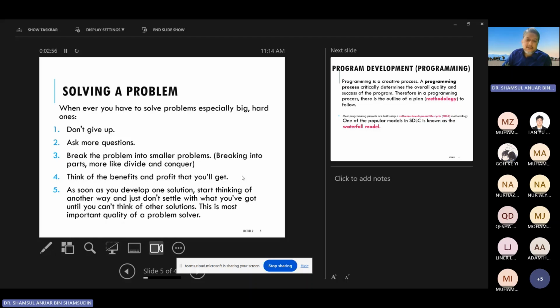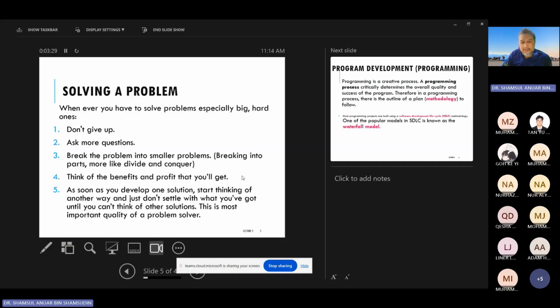Because during an examination, maybe you have limited time and limited resources, so if you can get one solution, that is already good enough. But in real life, maybe you are given enough time to come up with several solutions. That is the situation you have to look into, because the more solutions you can